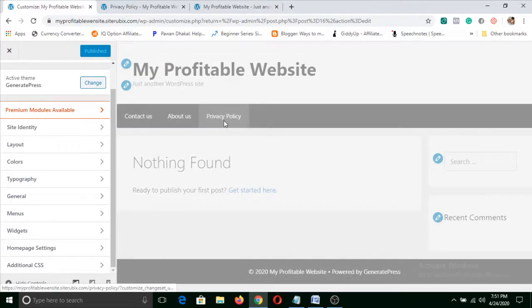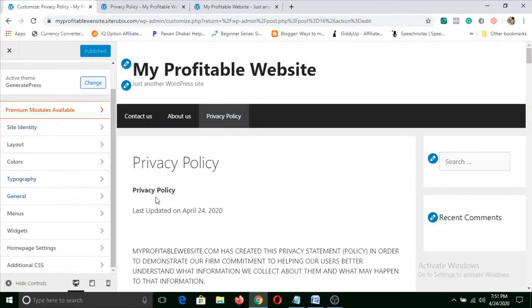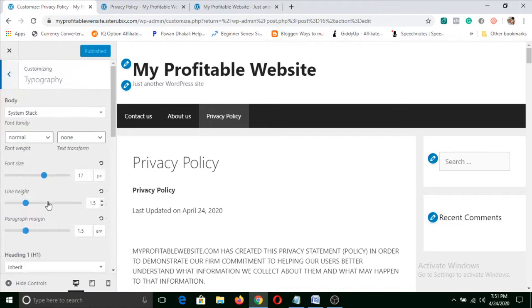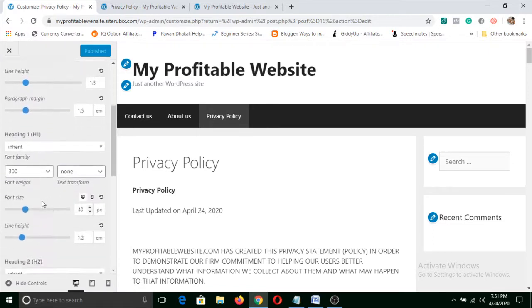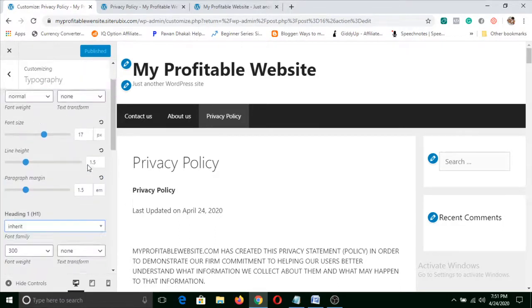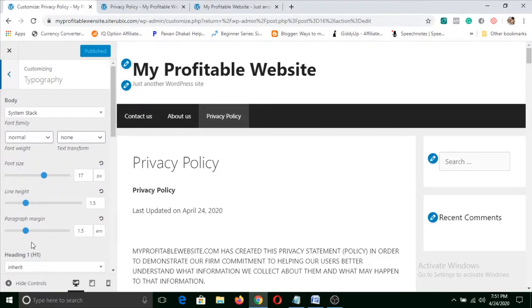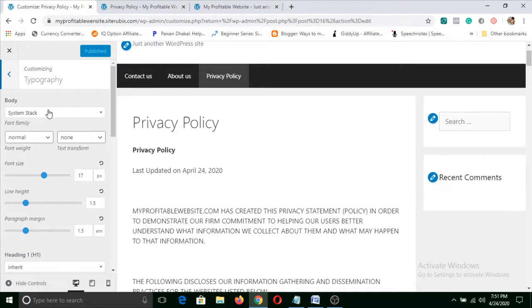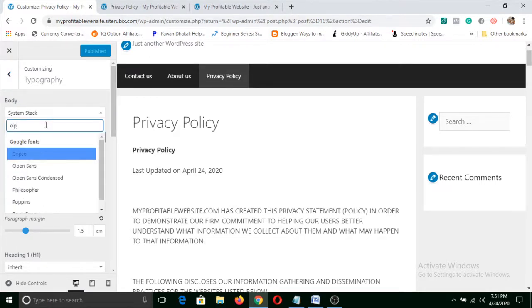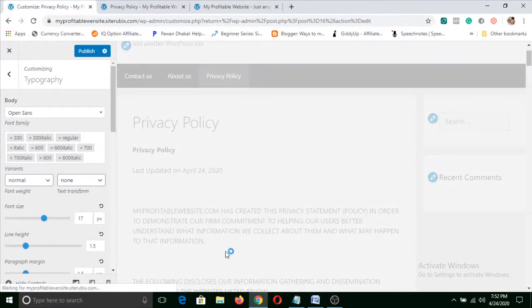Let me open this privacy policy page here to see the changes that are happening. You'll see these things here. Firstly, you are going to see body. Click on it and on type. Okay, this is Open Sans. Can you see it? Just click on it. Now you'll see some changes here.